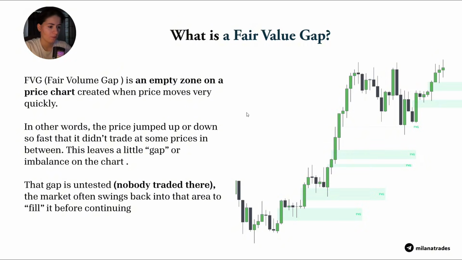First of all, let's start with one of the most popular ICT concepts, the fair value gap. This is the most common type of market imbalance that traders recognize. A fair value gap is a space between candles on a price chart, created when price moves very quickly. In other words, the price moved so fast that it didn't trade at some prices in between. This leaves a little space between candles. That gap is untested, nobody traded there, and the market often swings back into that area to fill it before